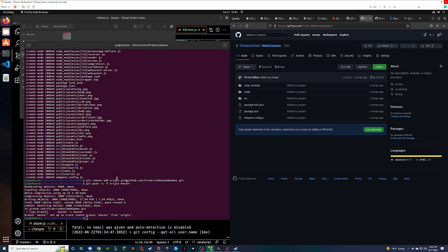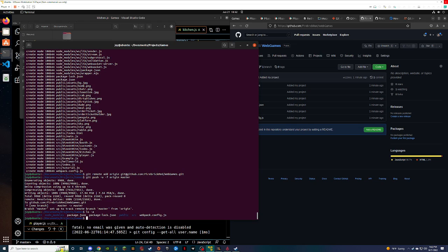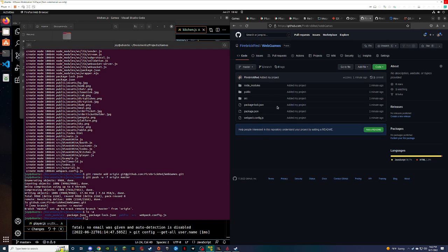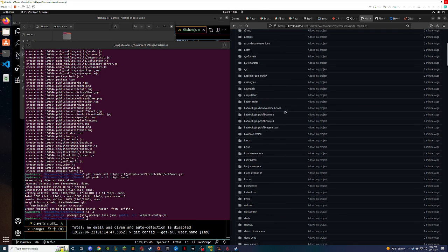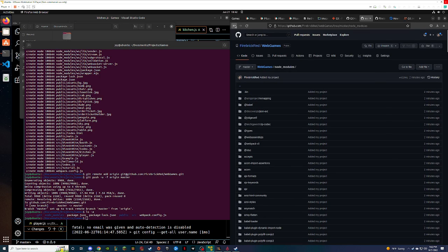I don't know why it named it master by default, but it's there. I don't know how to do the gitignore thing for the node modules though. Like, so it doesn't put these in? Yeah. Oh, shit. Yeah, that's why you should ignore it.